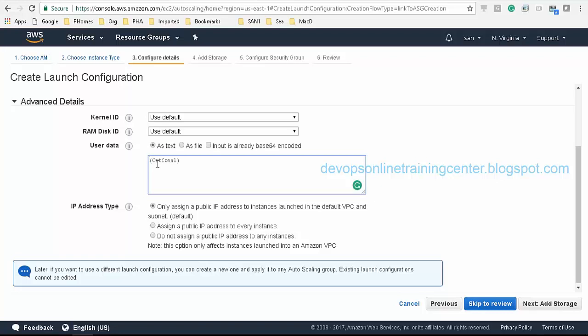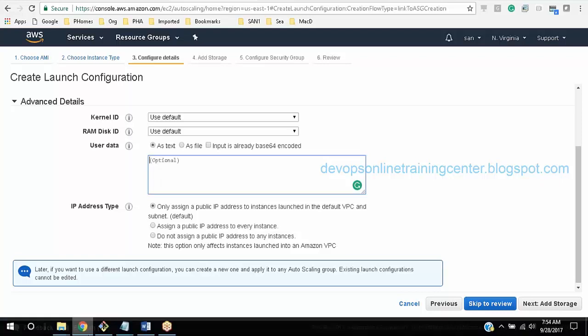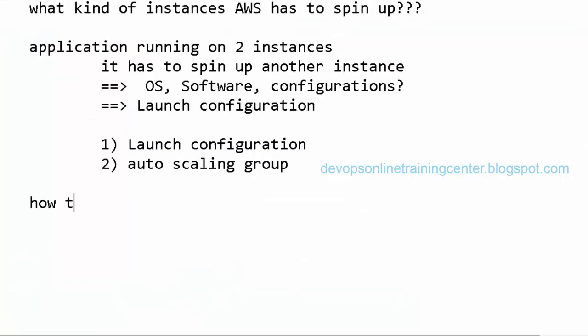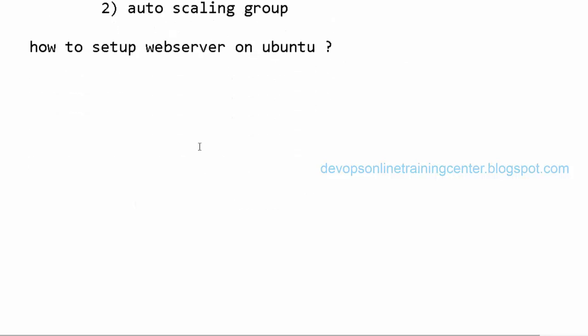So what are the things I need to perform for, let us say, setting up a web server on Ubuntu? HTTPD, we have to install, yum install HTTPD. This is Ubuntu. Oh, apt-get install.